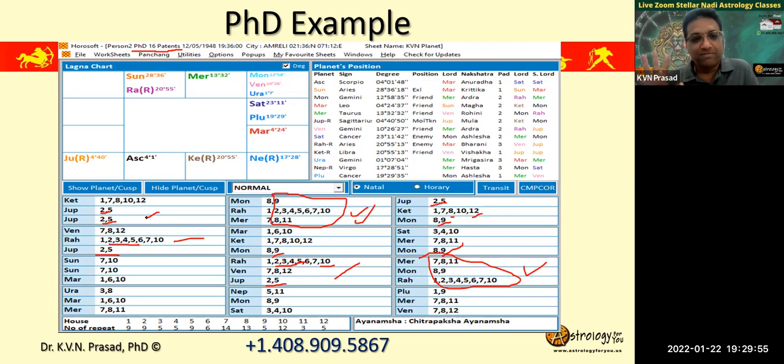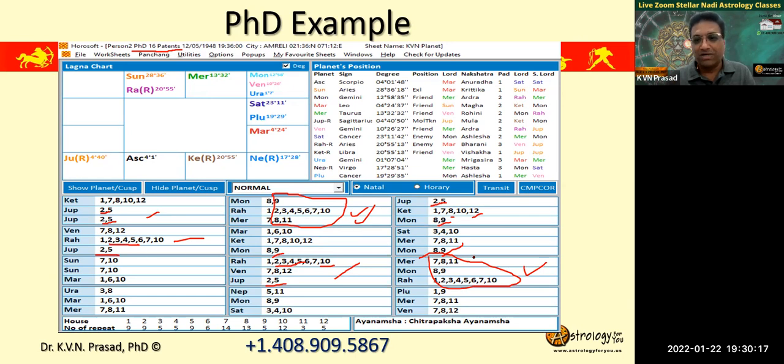He is not a topper. He did not come state first or anything like that. That is for sure. But he has a lot of good combinations. He has an interest in studies and he will get it. That is there.